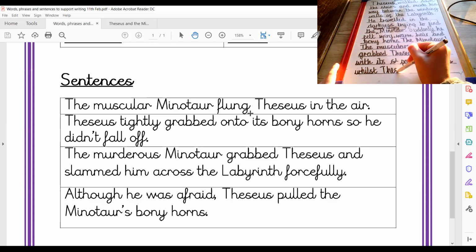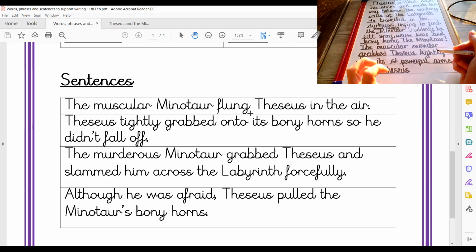Whilst Theseus, who can remember what he did? What did he grab onto? Well done, the Minotaur's horns. Whilst Theseus grabbed onto